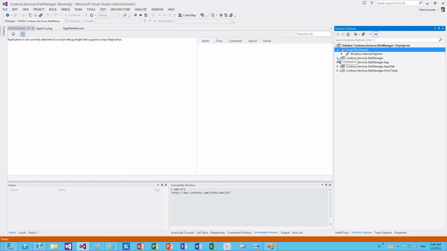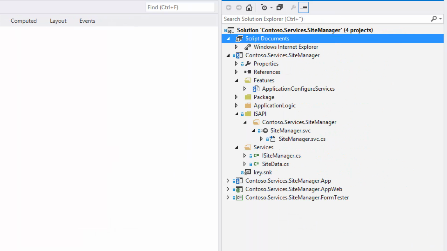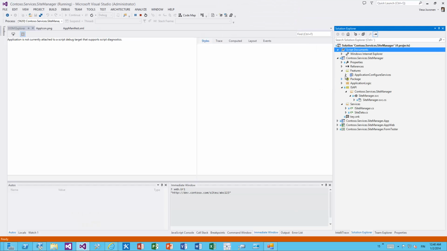So what we have here is one full trust solution, which is actually deploying that site manager extension endpoint, and it has one farm level feature. An application scope feature is created to extend the timeout for the WCF endpoint, because the site collection creation actually might take quite a long time. So we extend the timeout for the WCF endpoint to be 15 minutes, which is pretty easily done using standard